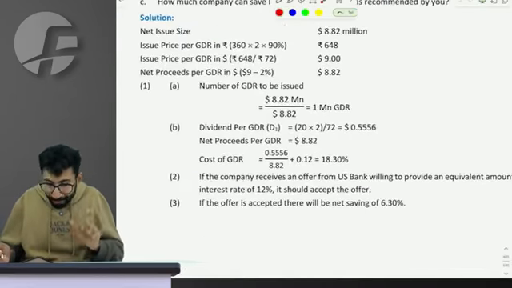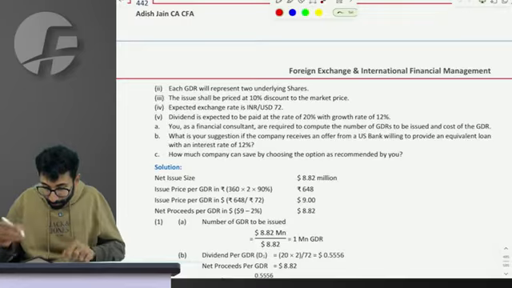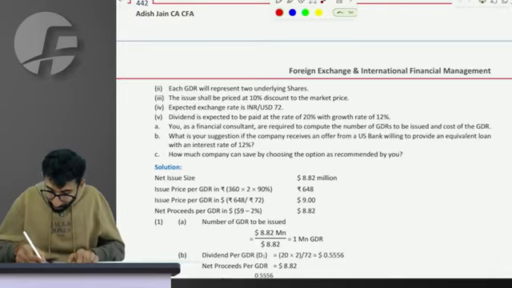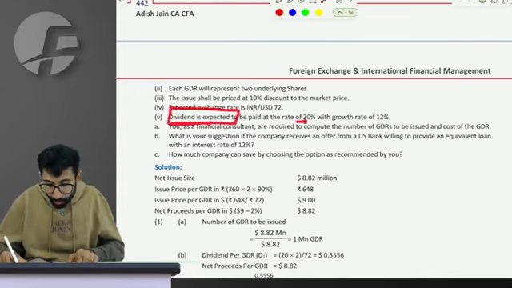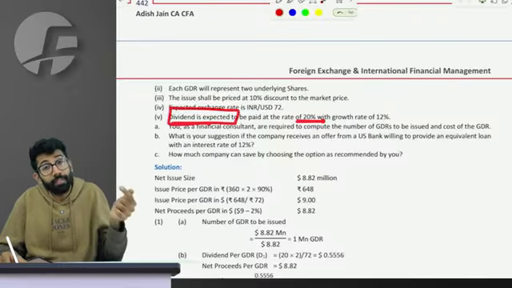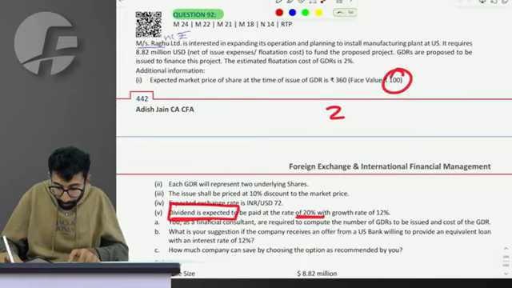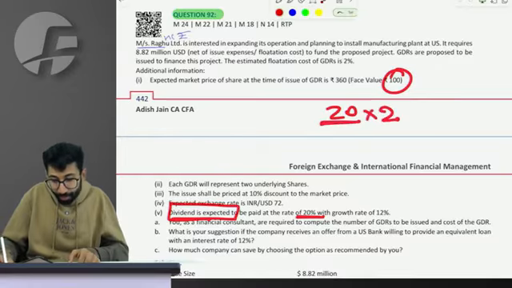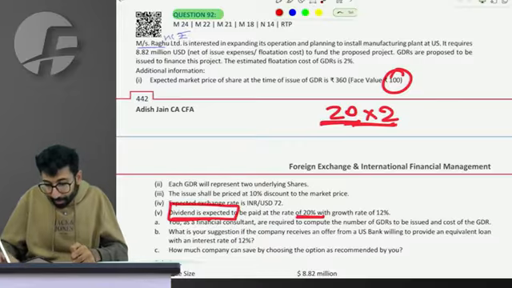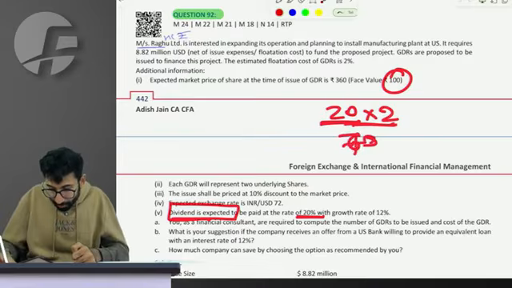Sir, how much total dividend payment do I make? Sir, it says dividend is expected 20%. Expected means D1 has been given. So sir, on a face value of 100, 20% is 20 rupee dividend. 1 GDR has 2 shares, so total 40 rupee dividend. And since rupee per dollar rate is 72,